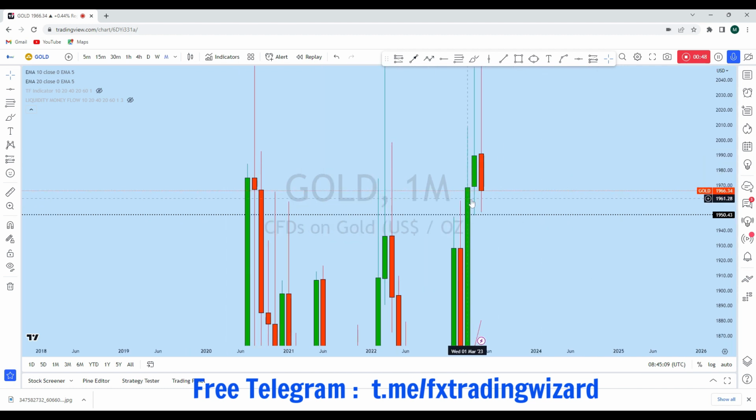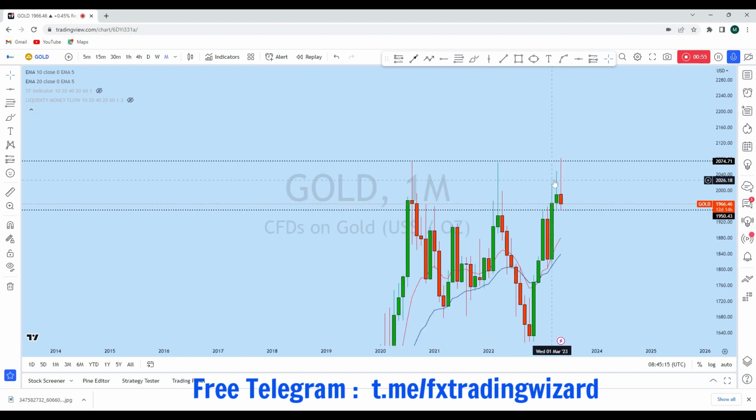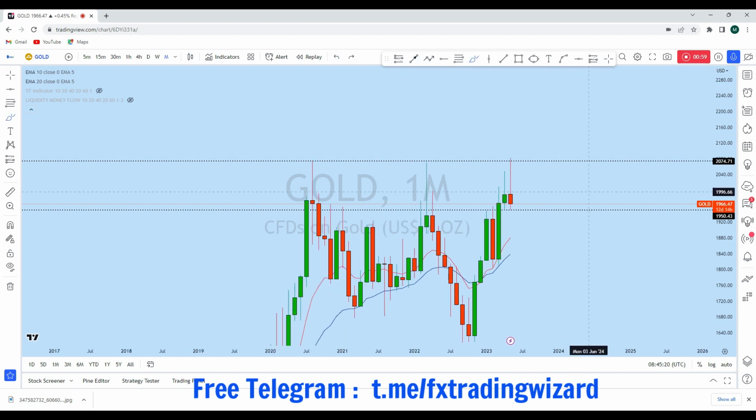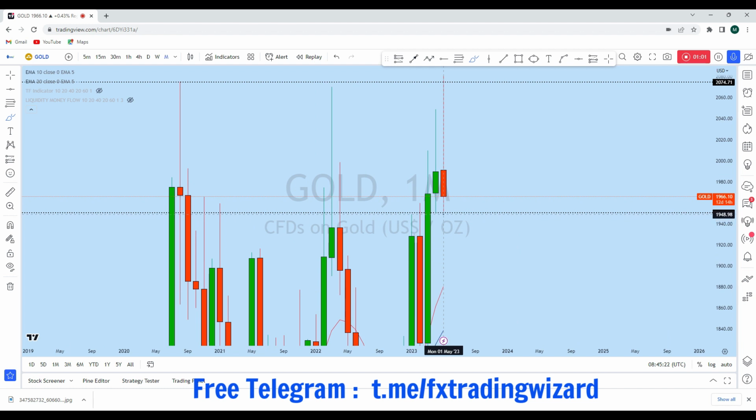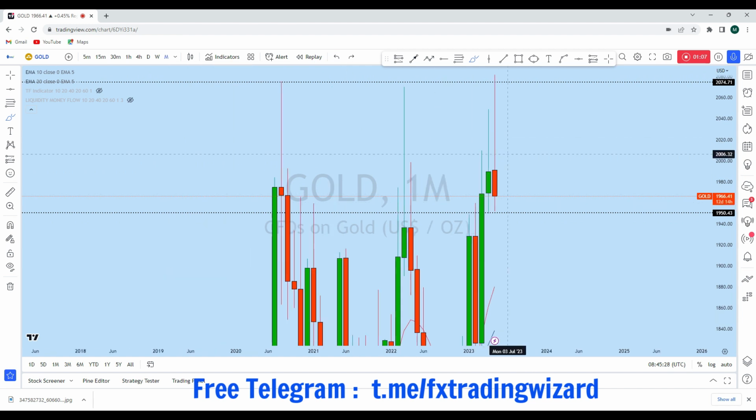I think that with that bounce, gold might go up a little bit before dropping again. As we see after this all-time high creation, I think gold might come down again to break this low and grab liquidity from this support, and then we might see a later bullish move.